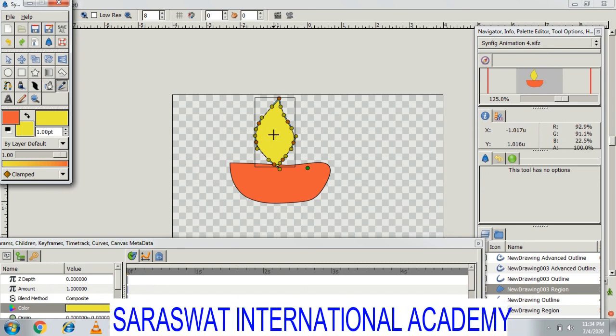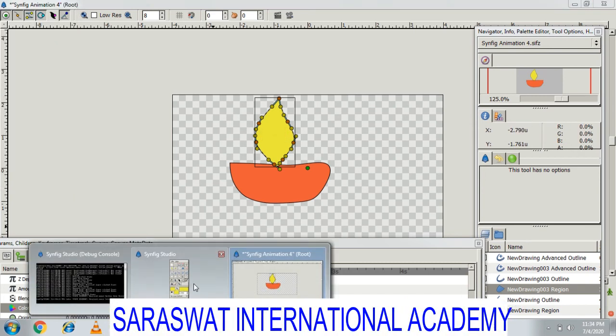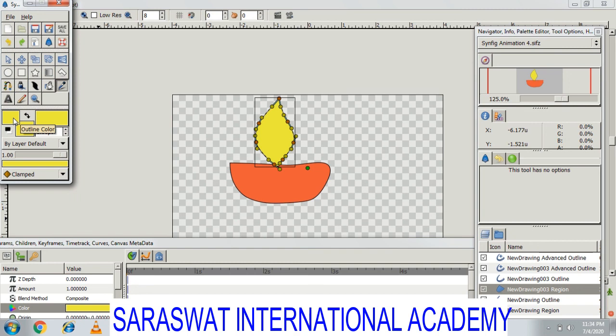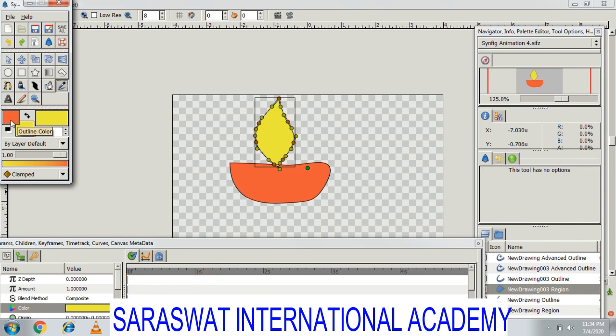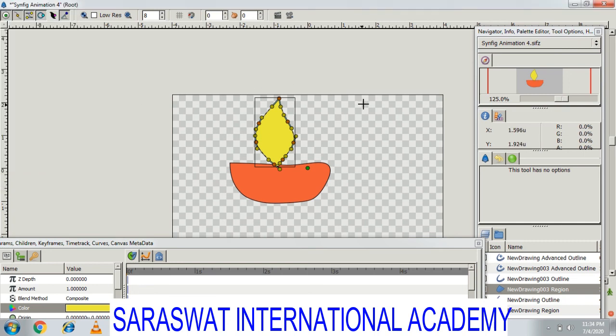If I click on yellow, here the foreground color is yellow. Now if I click on red, here the foreground color is red. Understood? If you want to exchange it, you can exchange the color also, and select the eye drop tool and then click the work area where you want to set the default foreground color.